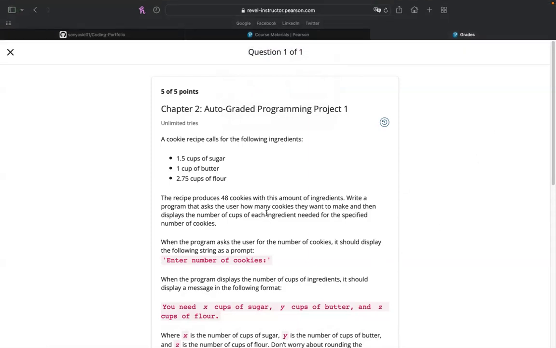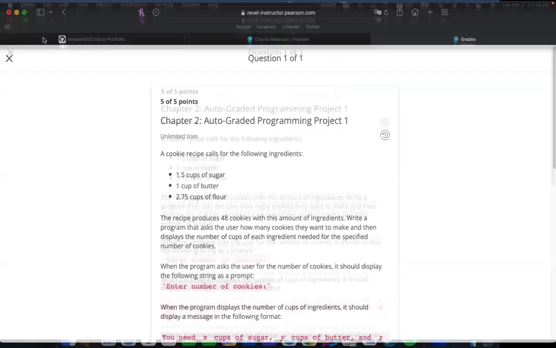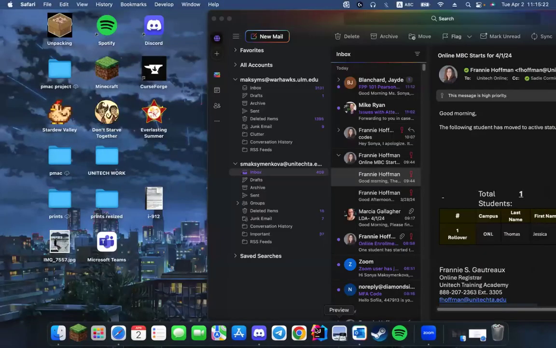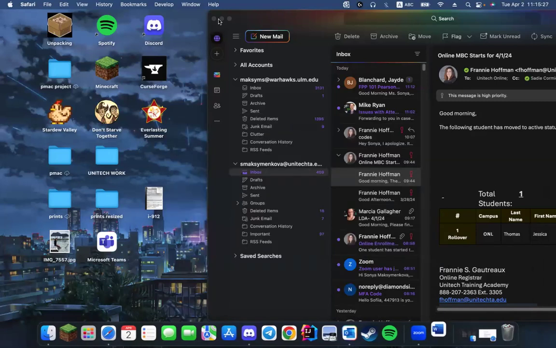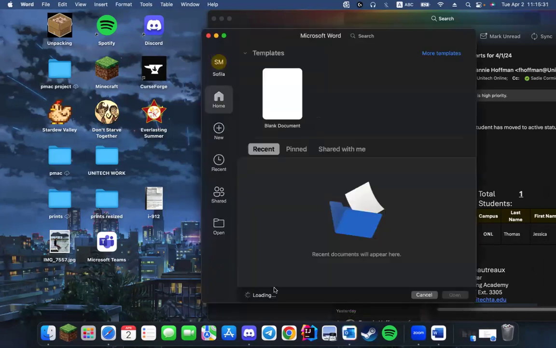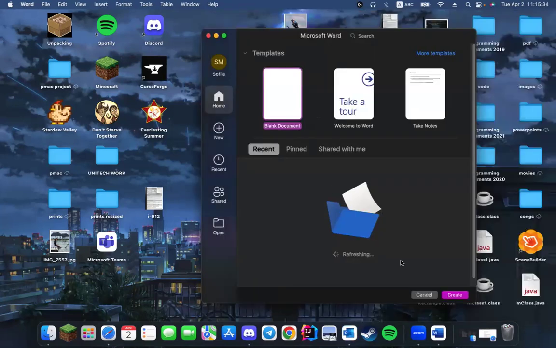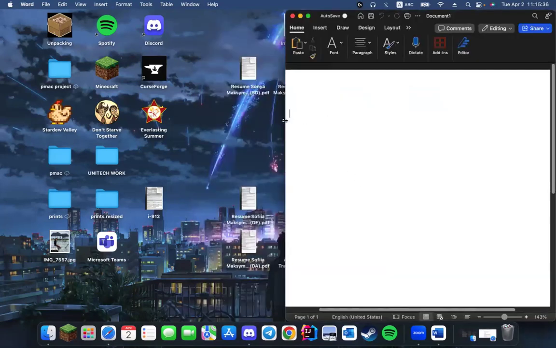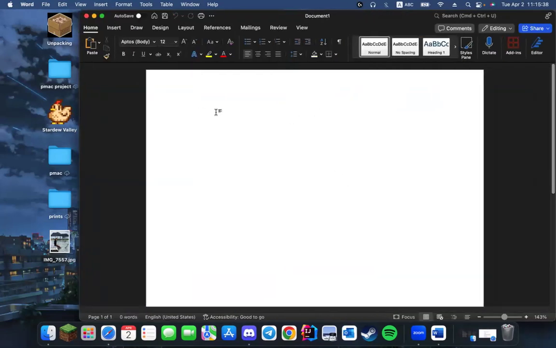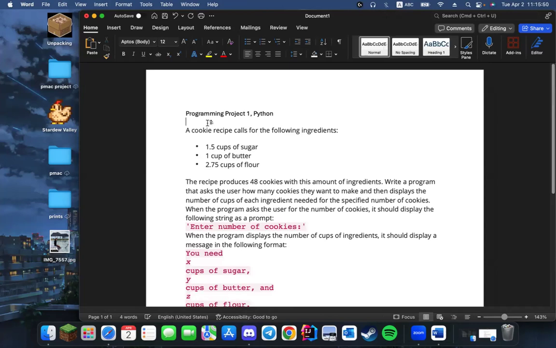If my computer will start working. Okay. For example, we're going to open Word. Blank document. And then the way I would do it is I would put programming project 1 Python, right? Then you would put your prompt,